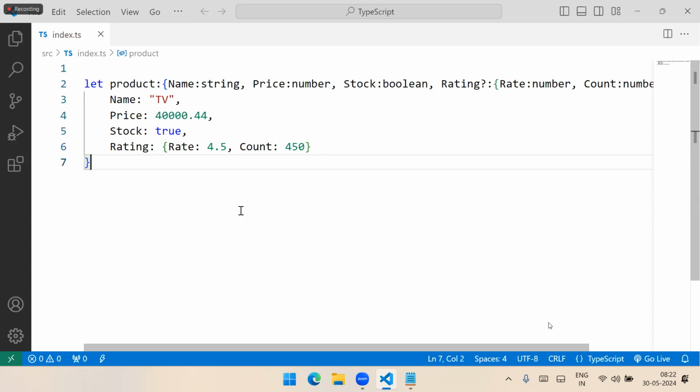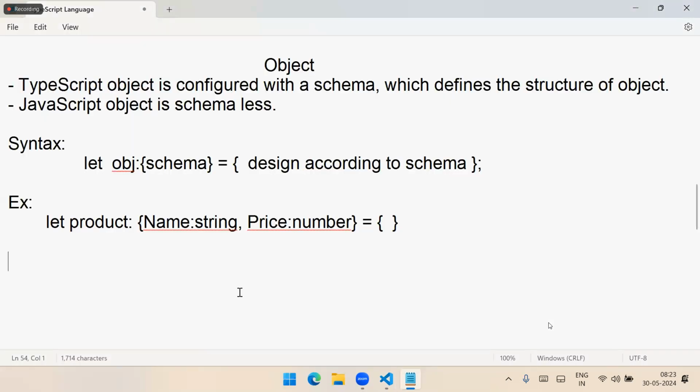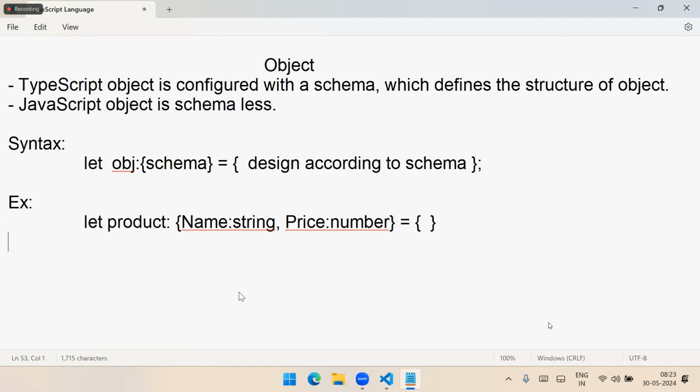That is how we configure an object in TypeScript. So TypeScript objects are strongly typed. They are structured. They are not schemaless, right? And here some important things you should know. So that is one point. This is how you configure. Okay. Another important point is